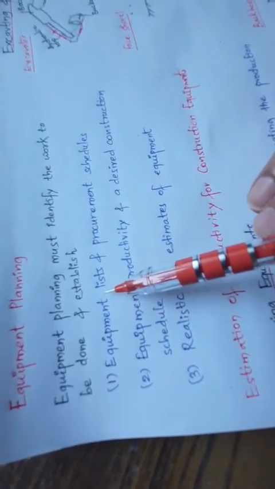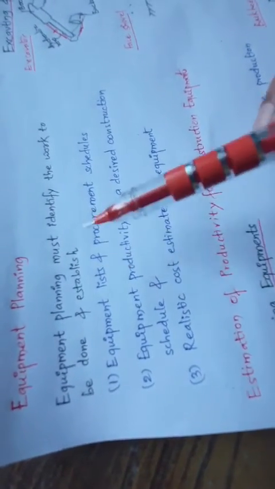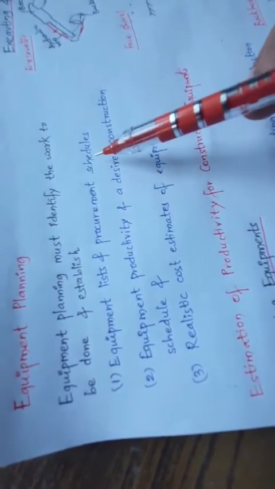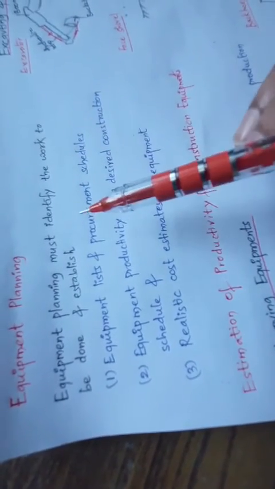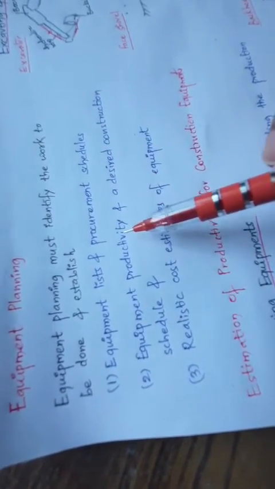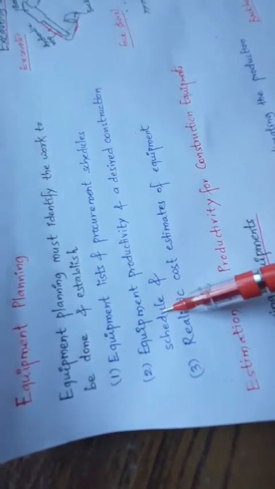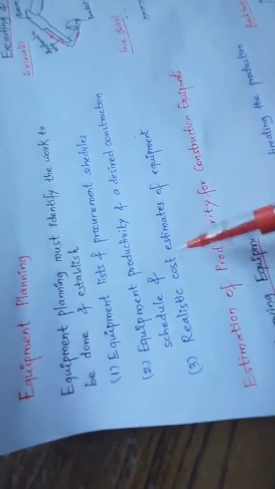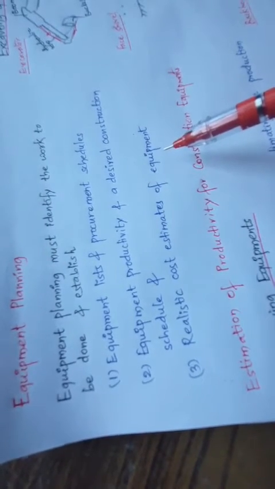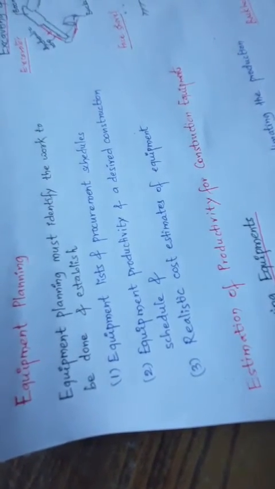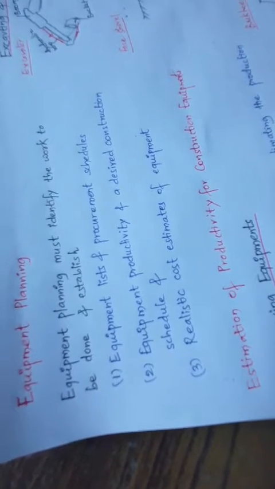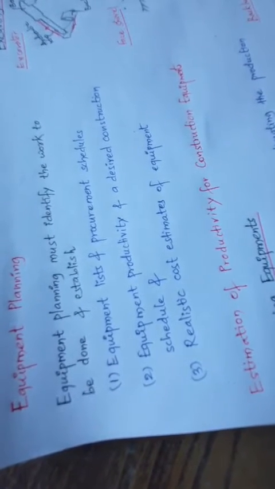You cannot require all kinds of equipment at a particular site. So whatever is required, you are going to get it and schedule it: at what time, what kind of equipment you require. You will look at its productivity and the desired construction schedule, when it is wanted. Then the cost estimation of the equipment. If I get new equipment, is its working capacity increased or what? If you use other material, what will its work be?